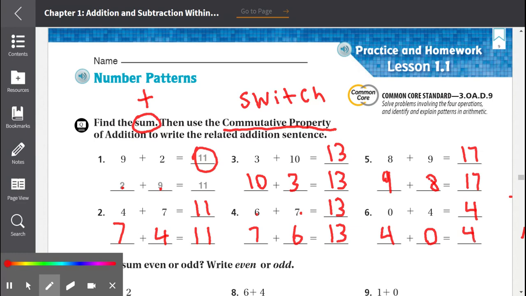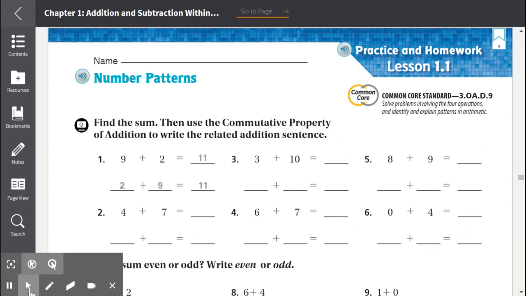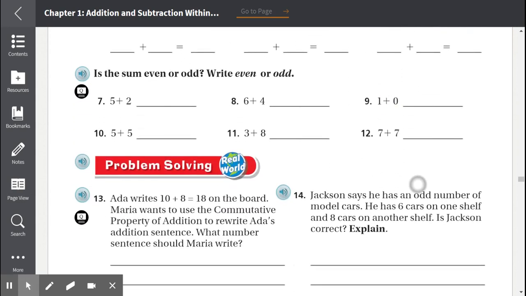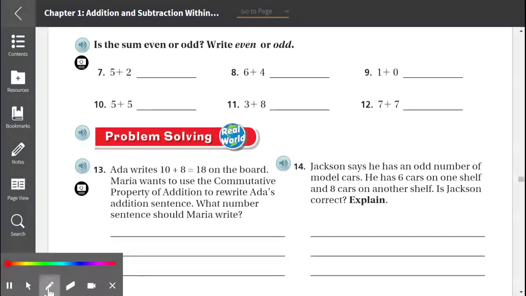On to number 7. First thing we're going to do is read the directions. Is the sum even or odd? Then they're asking us to write even or odd. So again, let's find any keywords. Again, we have sum, which means the answer to an addition problem. So we know we're going to be adding. And also